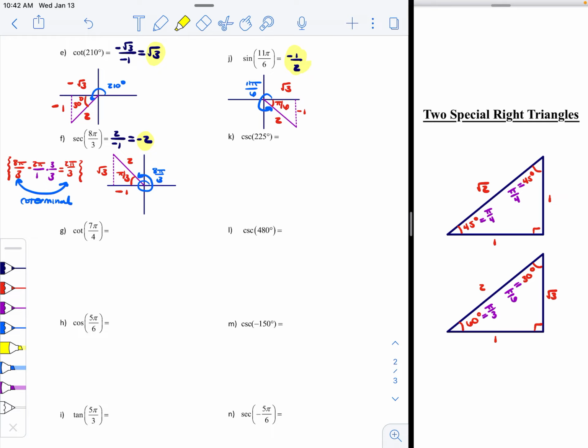All right, guys, so I'm going to leave the rest of these examples for you to try on your own and practice with. The solutions to the rest of these are going to be posted up on Blackboard, so what I would recommend is try them out and then go ahead and double check your answers with what's up there. And if you have any questions on anything, you are more than welcome to send me an email and I would be happy to help walk you through any of these. Okay, so keep practicing and then move on to the next section, which is going to be the unit